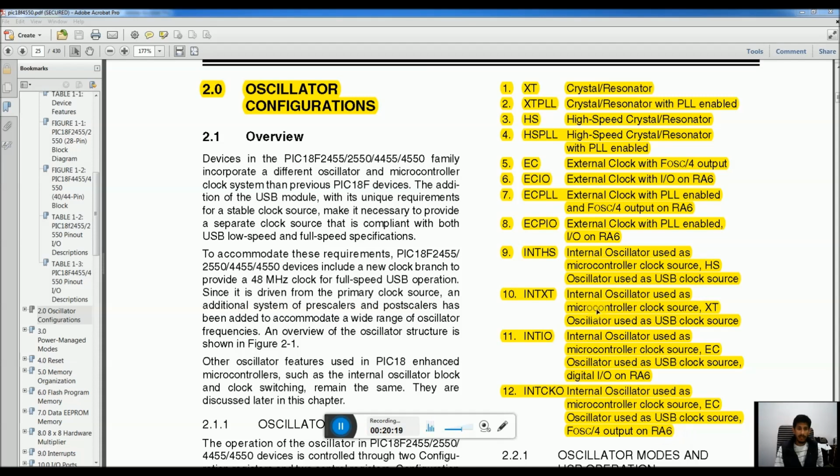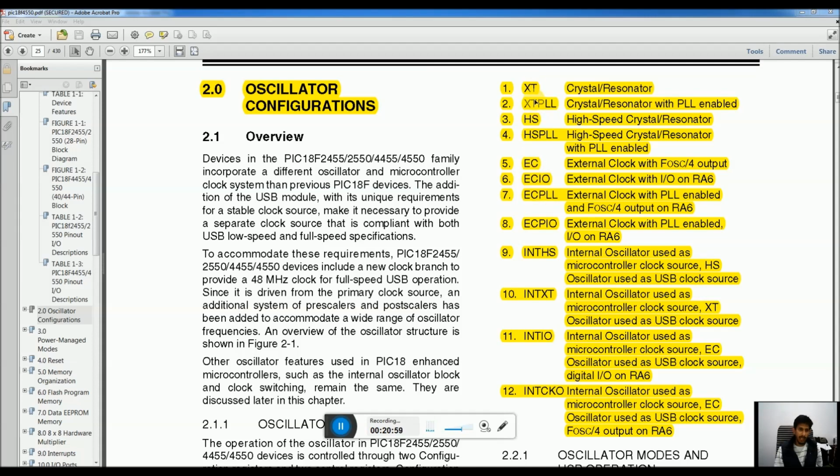So which option amongst these 12 we will be using in our basic programming? First off, if we completely ignore the USB part, which clock has to be used for USB, we can use any of 9, 10, 11 or 12 as internal oscillator, and we can have a digital input output on RA6. That is one option. Then among the other 8, we will not be using XT or EC.